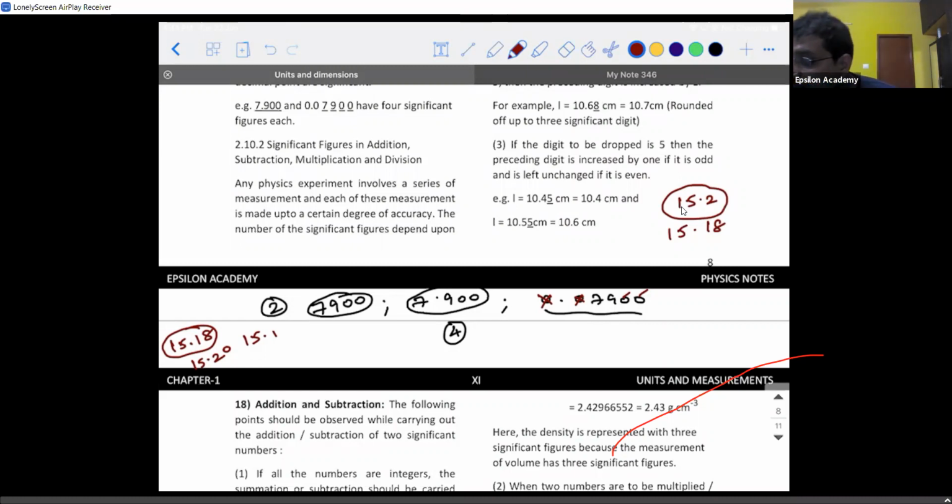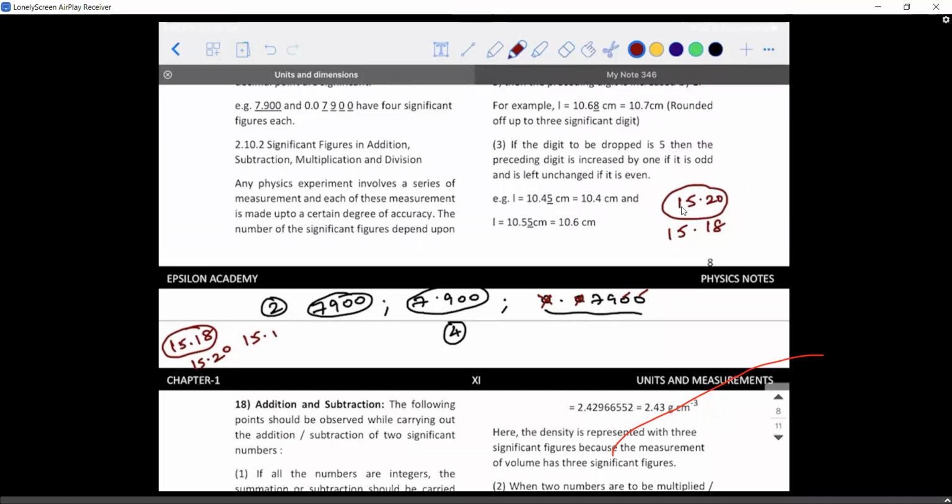Whereas if you write it as 5.20, you ask why that 0 is being included. You're trying to give a notion that yes, I have a measuring device in my hand which can measure up to 2 decimal values. That 0 is like a fill in the blank. It means that for the next reading also, I'm damn sure I can tell up to 2 decimal values. That is the reason why you're including those zeros.